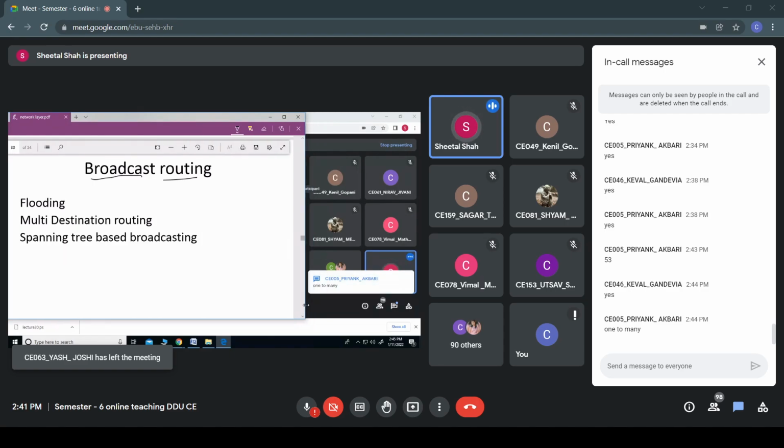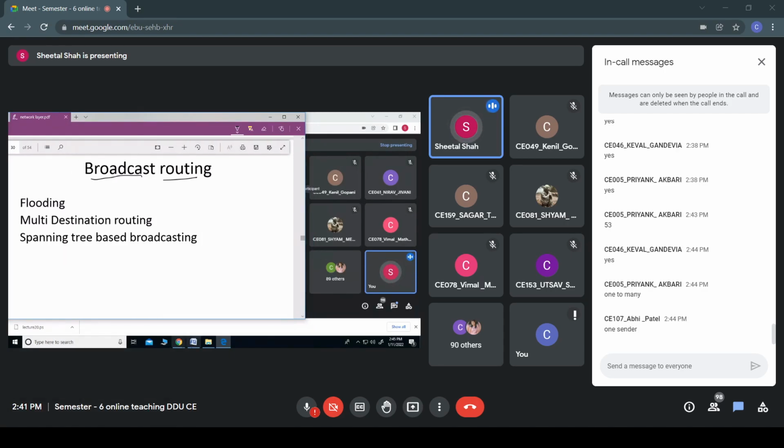Broadcast, okay. The sender is one, and the receivers can be many. One sender would be there, and the recipients of that packet would be all of them. All the rest of the routers or the rest of the hosts are all the recipients of that broadcast message or broadcast packet. Fine.